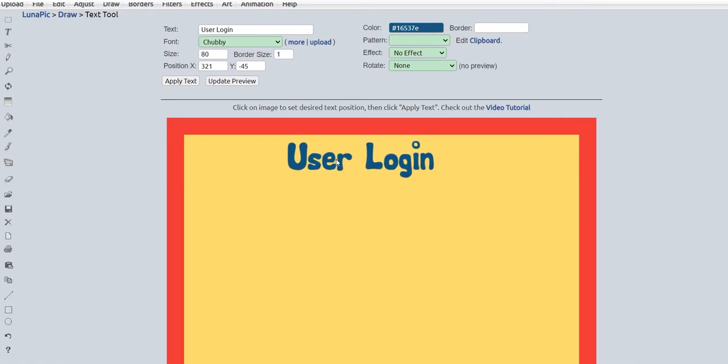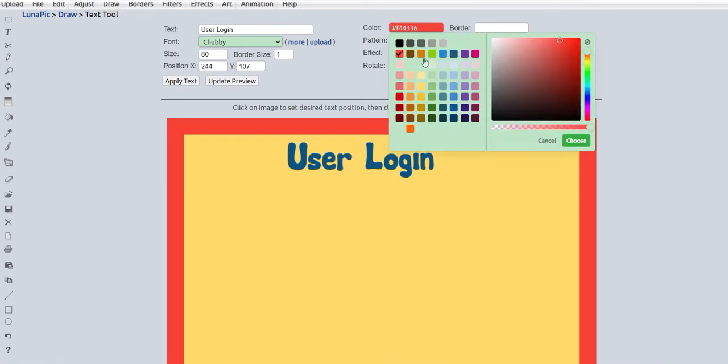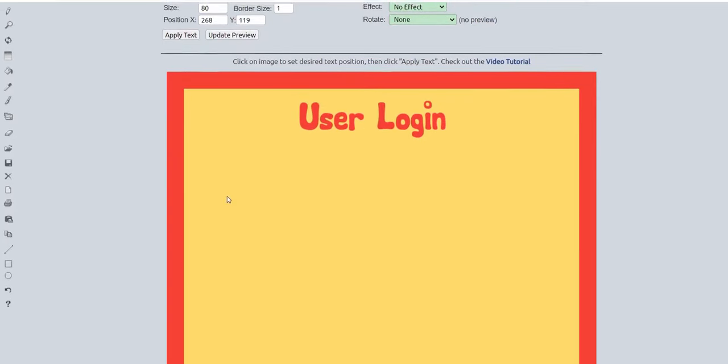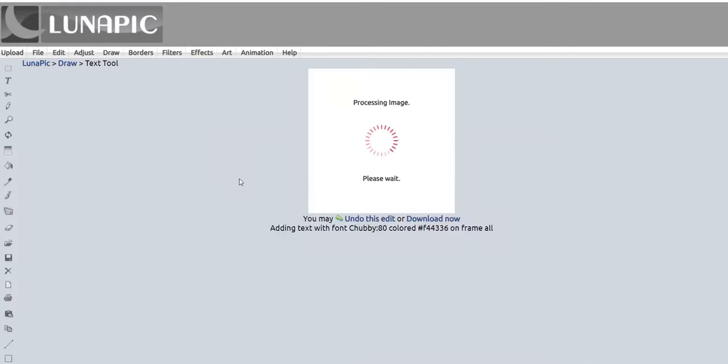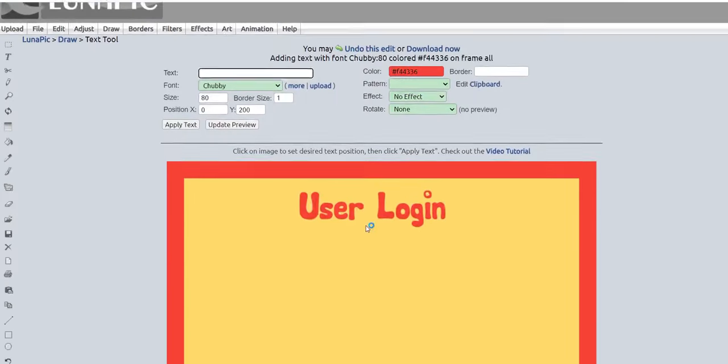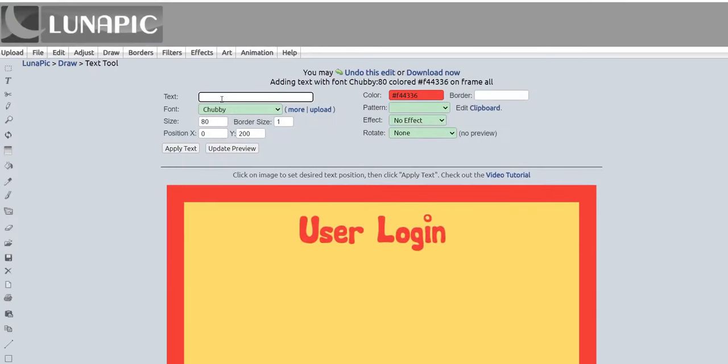And if you want to change text color, I'm just going to stick with the same just for uniformity for me. And I'm just going to go with user login. This is all I need. That's it. I'm going to click on apply text once you're finished. Now the next thing I want to do is have a username and a password, and that's all you need to have for this page. Nothing more, nothing less. So I'm going to do username,